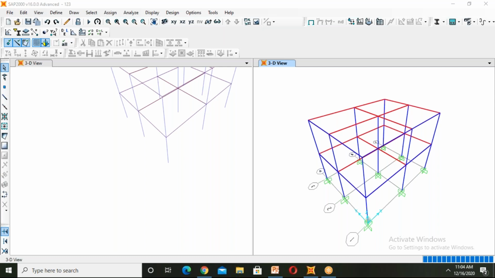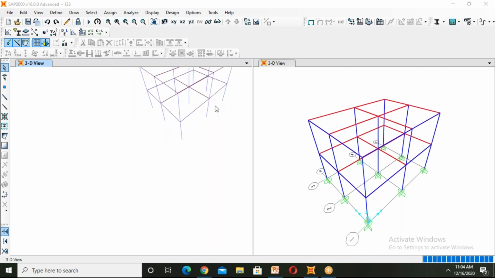Just want to give a recap of yesterday's session. In yesterday's session, we first discussed how to give grid lines, how to draw the grid lines.